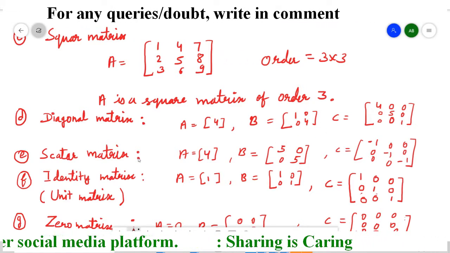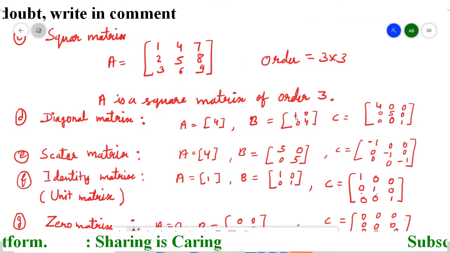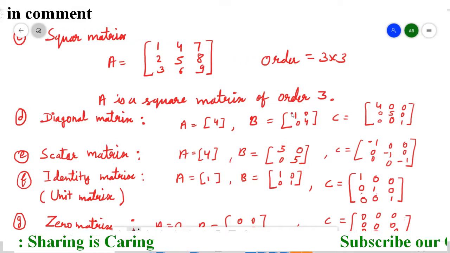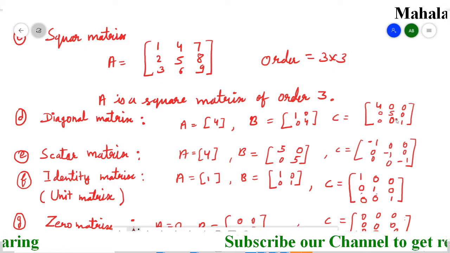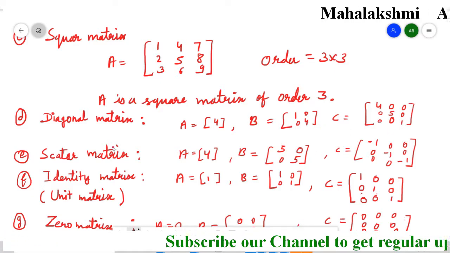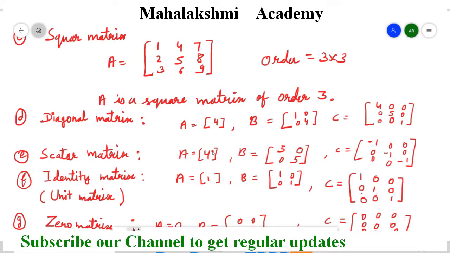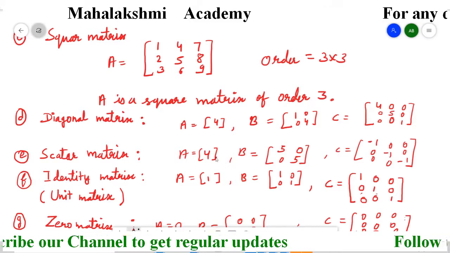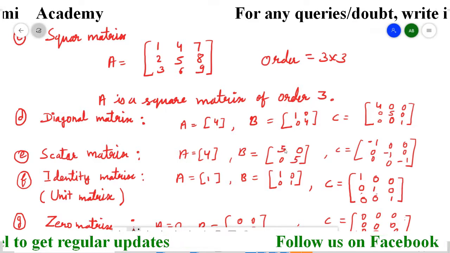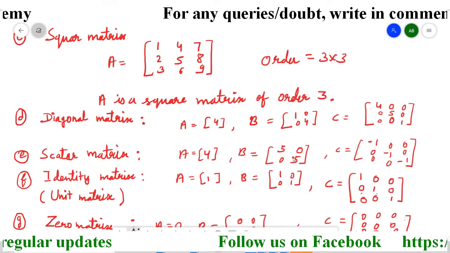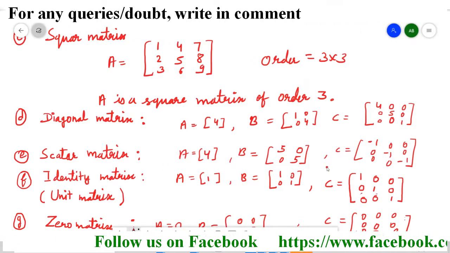Now the scalar matrix. A scalar matrix is the same as a diagonal matrix, but in the diagonal matrix if we make all the elements same, like here we have different ones, 1 and 4 are different, here also 4, 5, 1 are different, but if they are same, then the diagonal matrix changes to a scalar matrix. So this is a diagonal matrix, and also a scalar matrix because only one element is there. But here, the diagonal has two elements and both are same, that's why it's a scalar matrix. In the same way, it is also a scalar matrix.